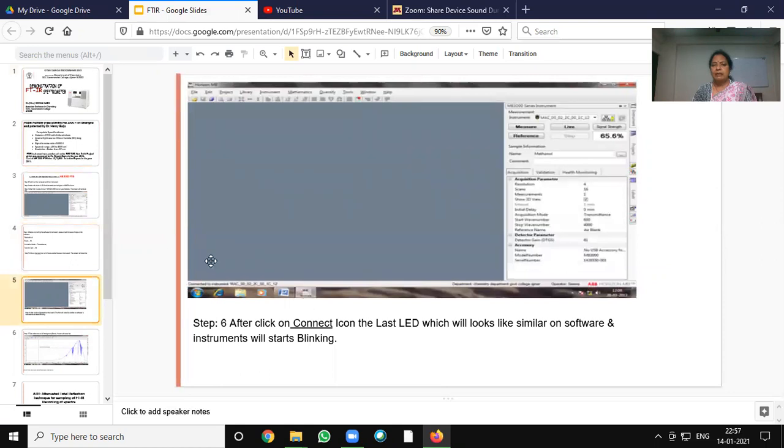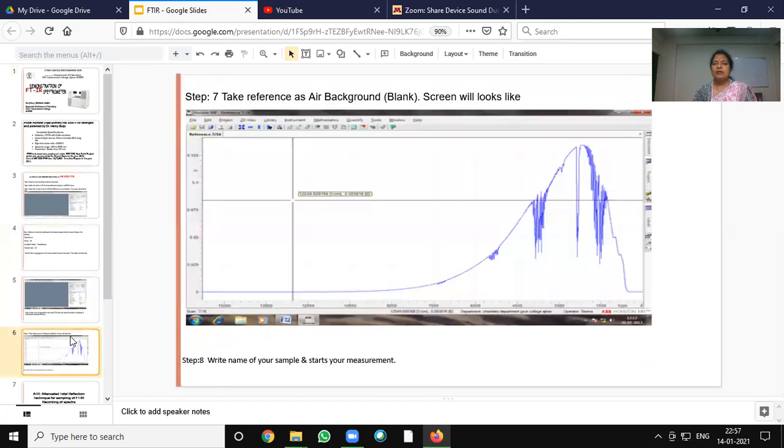The screen will look like this. After clicking the connect icon, the last LED, similar on software and instrument, will start blinking. First, we will take air as a reference, and we will get the spectra of air on the screen.